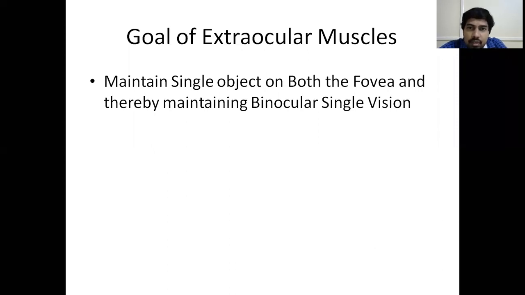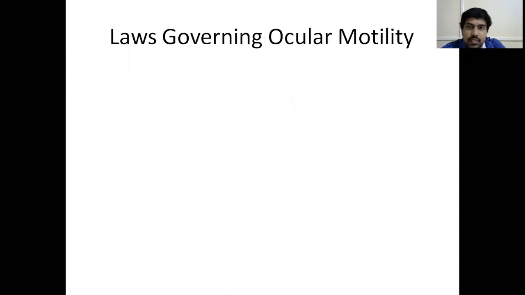So when there is binocular single vision, it means that both eyes should be focusing only on a single object. Only then it is called binocular single vision. And the goal of these extraocular muscles is to maintain this binocular single vision. That is, both the eyes should focus on the same object. For example, if you are looking at a door, the right eye and the left eye, both should be focusing at the door. If you are looking at a window or a monitor screen or your mobile, both your eyes should look at the same object. Only then it will be clear, or else it will cause double vision or confusion, which we'll discuss in the succeeding slides.